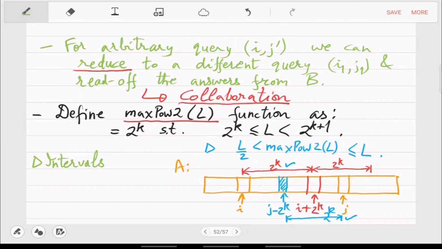So intervals that start with i, which is i comma i plus 2 raised to k, and the one that ends with j, they collaborate to give i comma j.